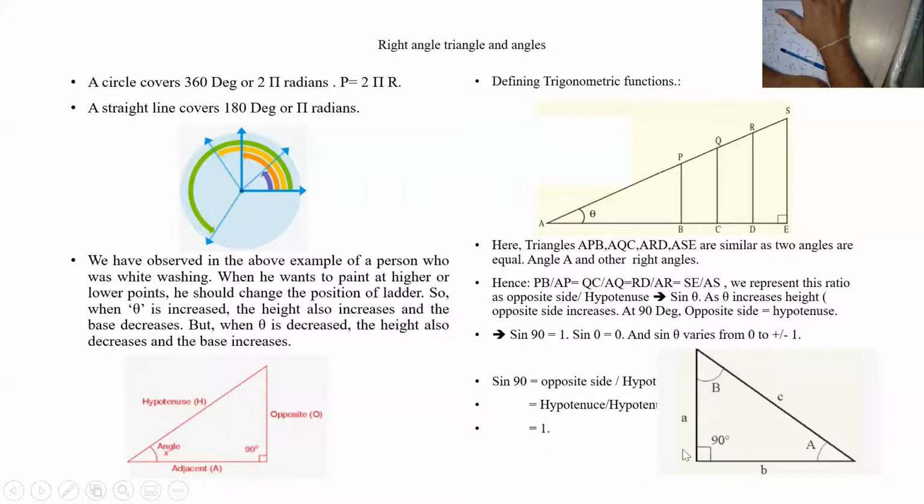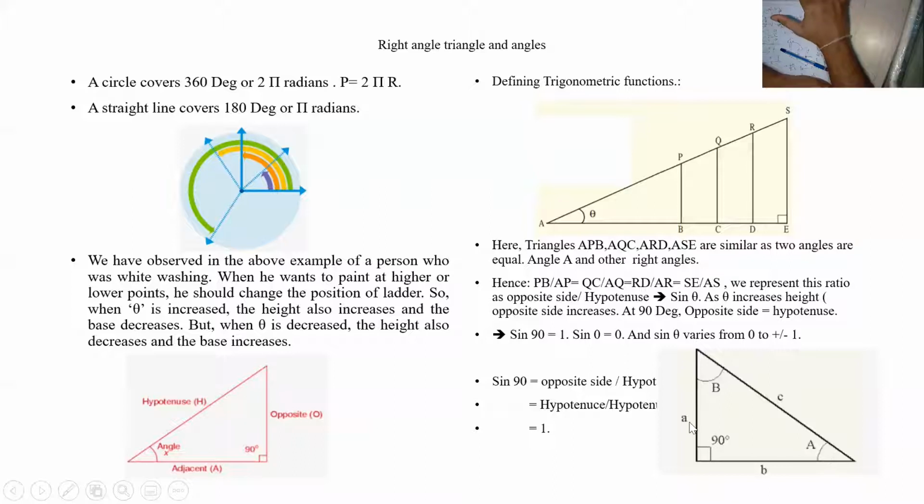Suppose I want sine 90. This is 90. So for sine 90, opposite side is hypotenuse itself. So opposite side by hypotenuse means hypotenuse by hypotenuse. That means 1. This way also it can be 1, or if you take it on the top, then also vertical, and this is 1. So when I take it from here, this is 90. So what is sine A?